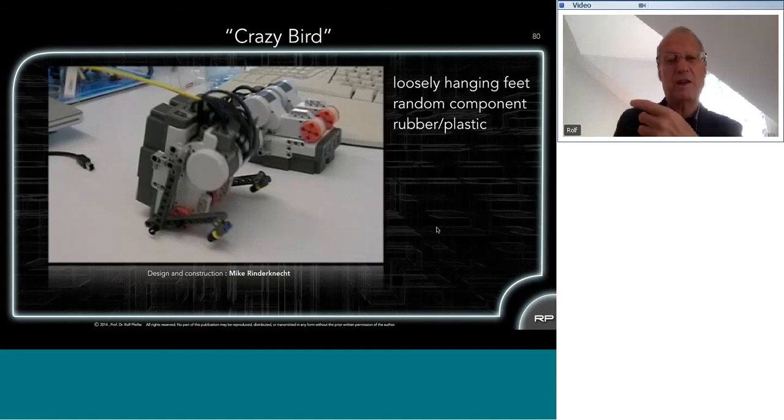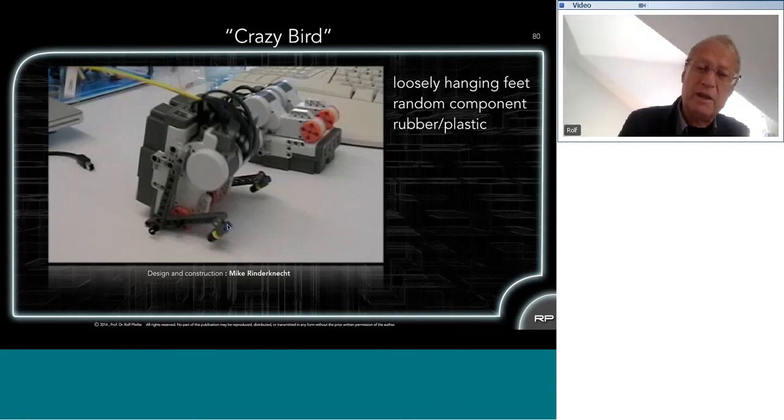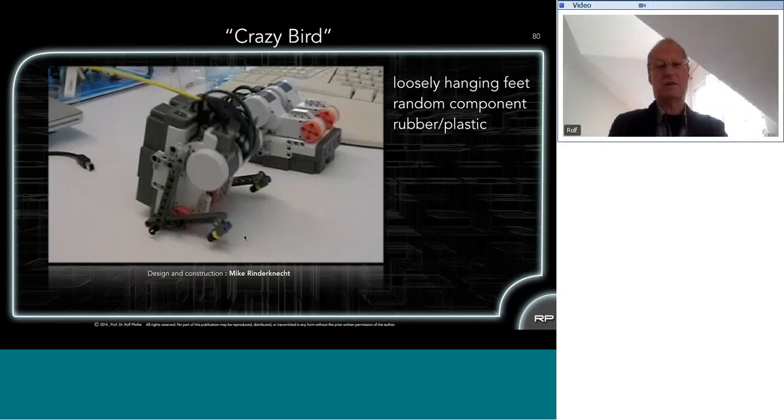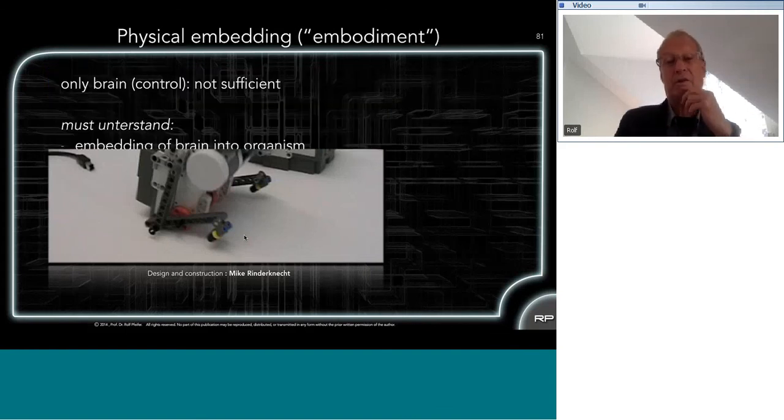And this is Crazy Bird. Crazy Bird was doing several things, not only one thing, but the control is always the same. I have 5 minutes left. It has on the one side a rubber piece and on the other plastic. And if by chance on the one side the rubber piece is on the ground and on the other the plastic, because of the difference of friction, it will spin around its own axis.